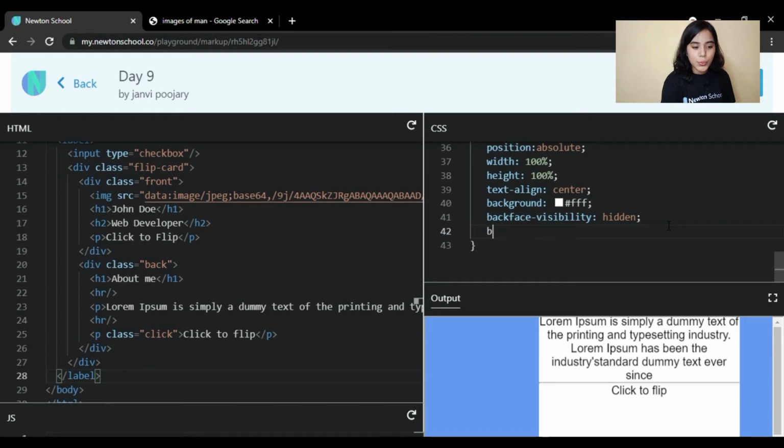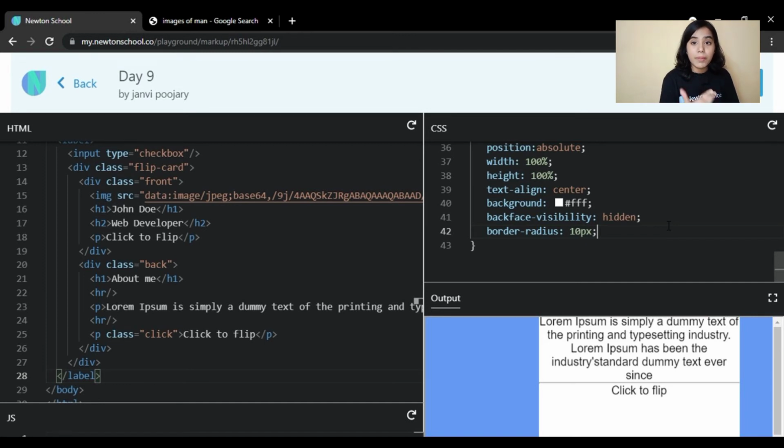Now one more thing, here you have seen something called backface visibility hidden, right? So this is also a new part, guys. So what exactly is backface visibility? Backface visibility is that whenever you want your elements to rotate, right, at that time what happens if there is a box, suppose, where you have written inside that box hello, and if you want to rotate that particular element, when you rotate it, you can see its back face, and its back face is usually its mirrored image, right?